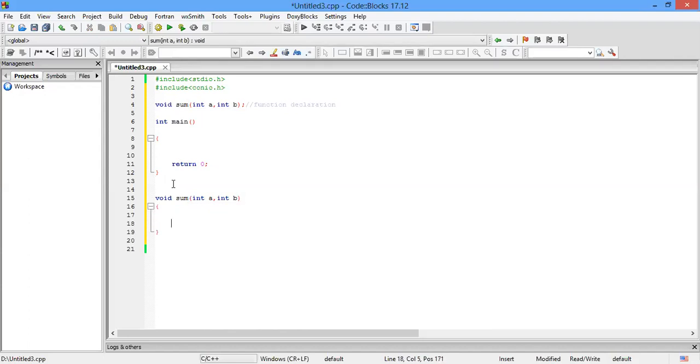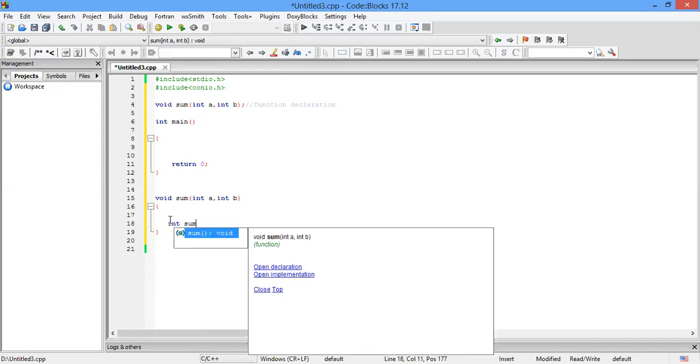Okay. Now I will write what the meaning of function definition is. Function definition means you will write your logic here, for whatever purpose you made your function. For what purpose have I made my function? To do the sum. So how will I write that?